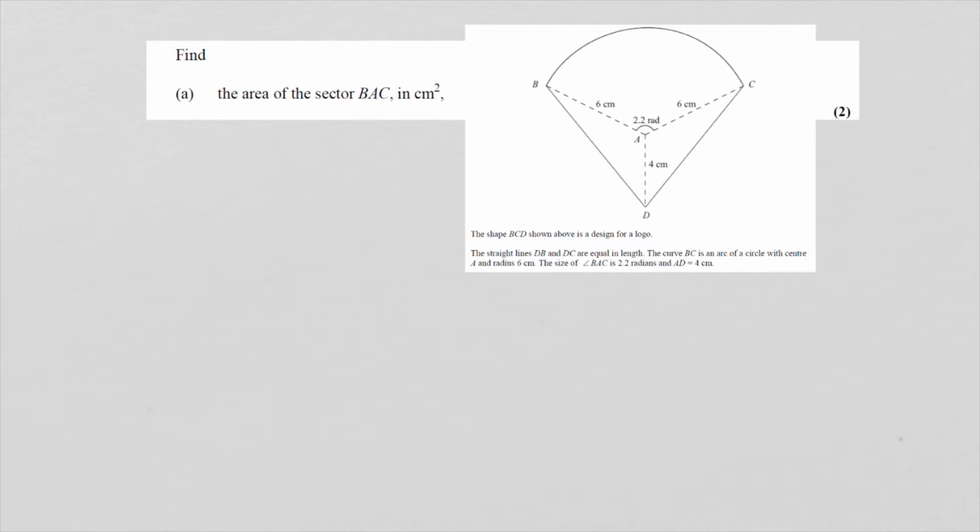Here's the sector BAC, that sector here. We need to find the area. In finding the area of a sector, the formula we use is a half r squared times the angle, and the angle here is 2.2 radians, so that would be a half times 6 squared times 2.2 in radians, and that would be 36 times